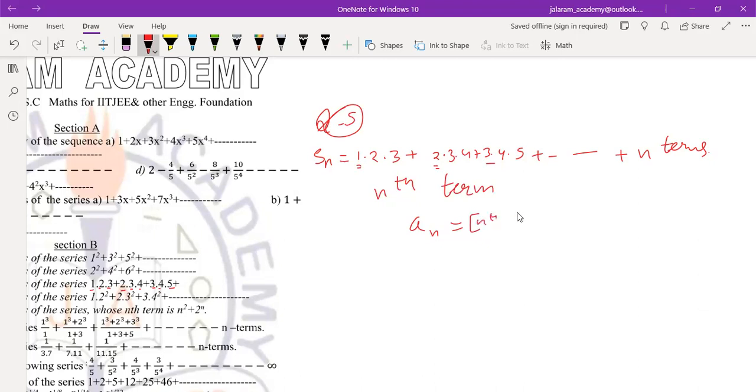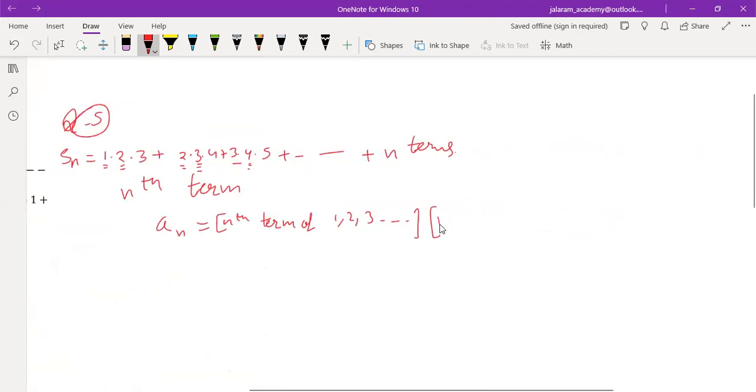First of all, we write the nth term of 1, 2, 3 into the second series, which is 2, 3, 4. So we write into the nth term of this series, which forms the second factor of the product: nth term of 2, 3, 4 and so on into